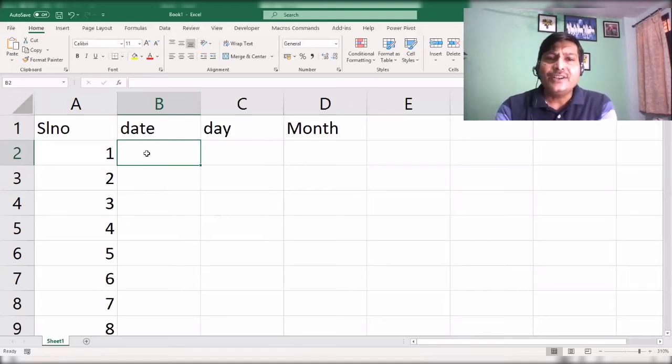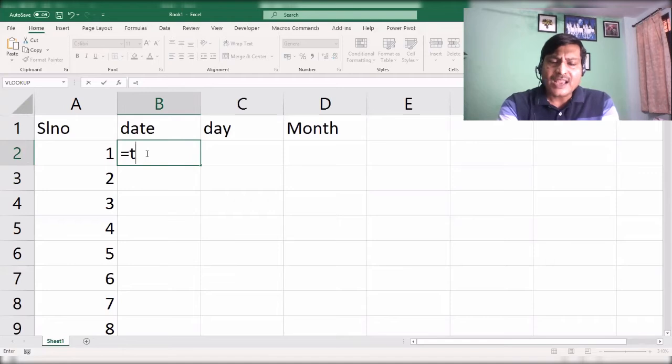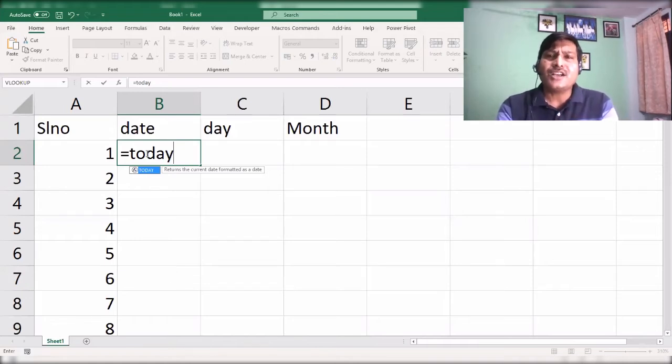In a project plan, your second column is suppose the starting date of the project. Suppose you are working Monday to Friday, or Monday to Saturday, or 7 days a week. Suppose I want to create a project plan where I am working Monday to Friday only. So we can simply type equals, and the project start date is today. It can be any date. If you want to start from 1st April, you can type that date. If you want to start from 2nd January, you can type that date. But in my project, I want to start today, so we type TODAY, open and close bracket, and press enter.